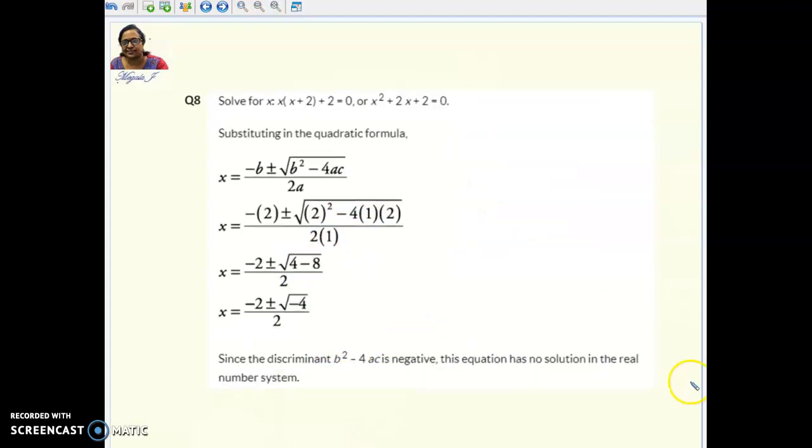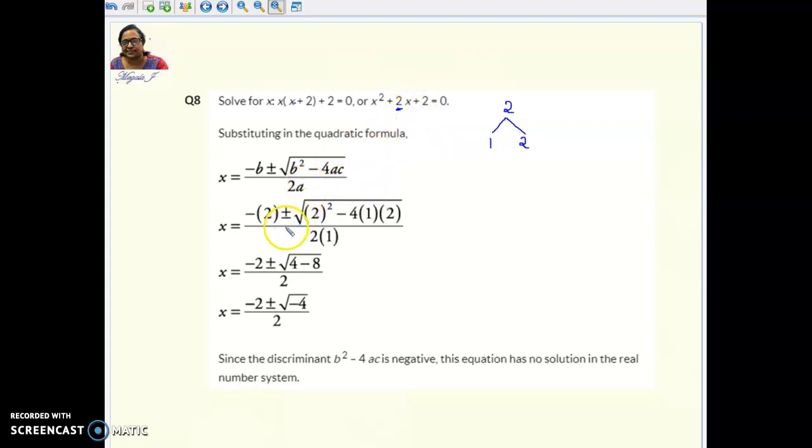Next. Question number 8. Again the same thing, just solve this. You have this equation given in this form, so bring this x inside, so then this is x square plus 2x plus 2, that is the equation. Again this is a quadratic equation. Take the constant term 2 and then take the factors here, 1 and 2 positive. The sum of the two should be in the middle, but it is not 3. 1 plus 2 should be 3 here, so definitely you are not going to get the normal factorization. Factorization is not possible, you may not get a real root also.